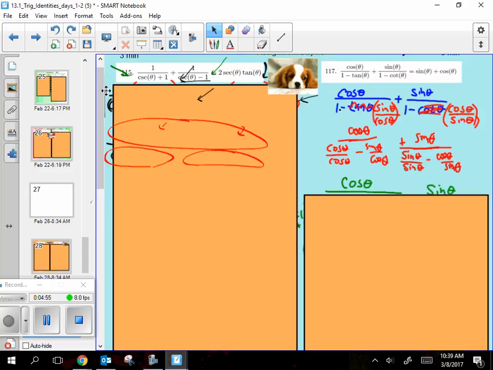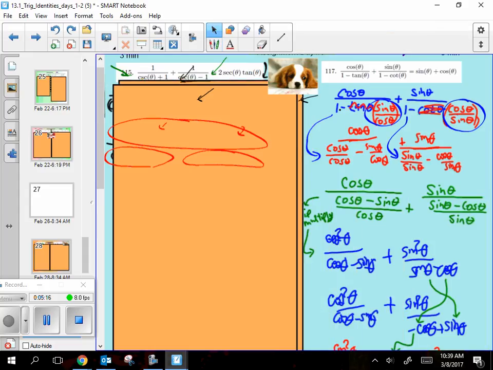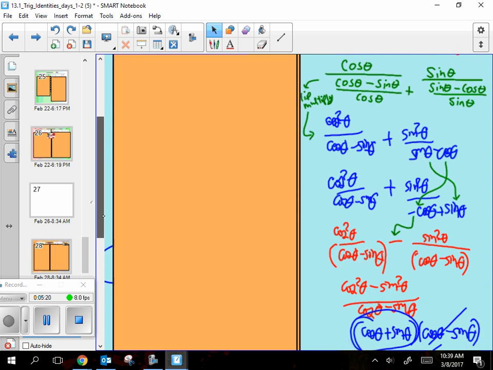When we do that, tangent is sine over cosine, and cotangent is cosine over sine. Then we have to make the 1 turn into cosine over cosine, and this other 1 turns into sine over sine. That gives us common denominators. And I want to point out one important little sneaky step in here that I want to focus on for